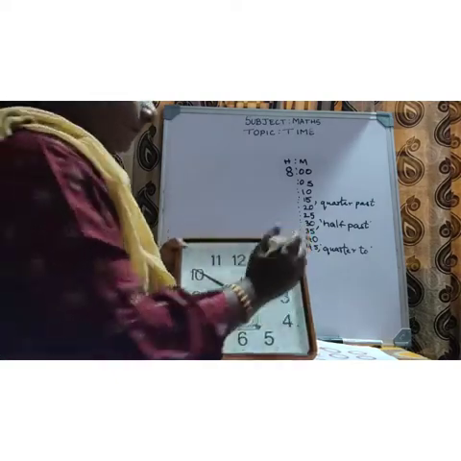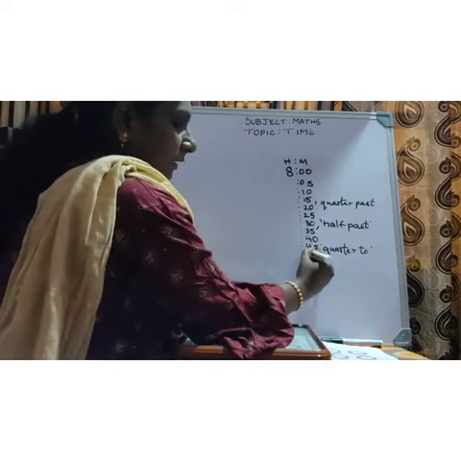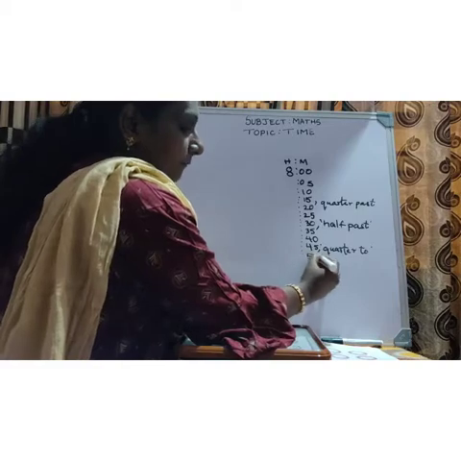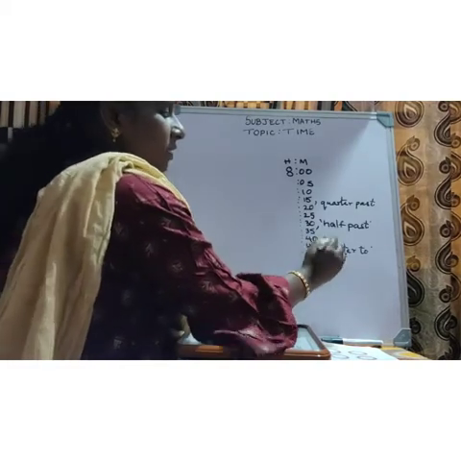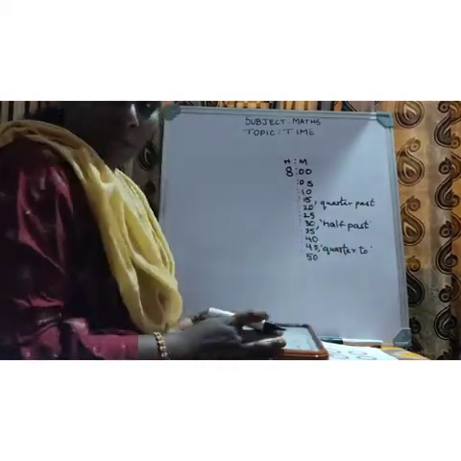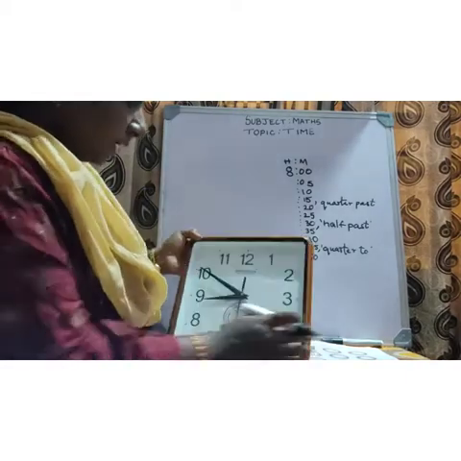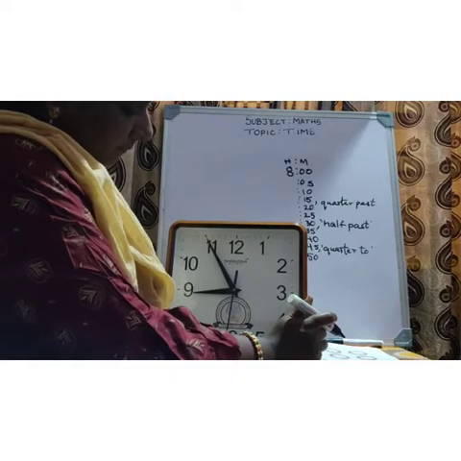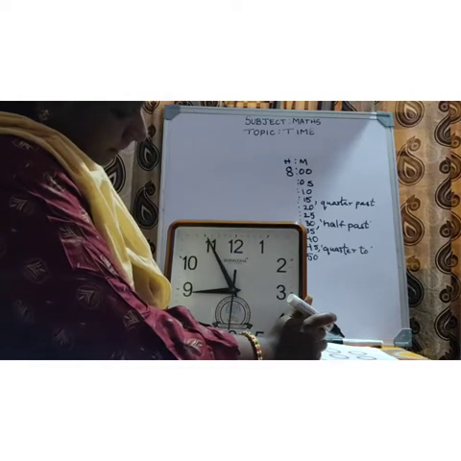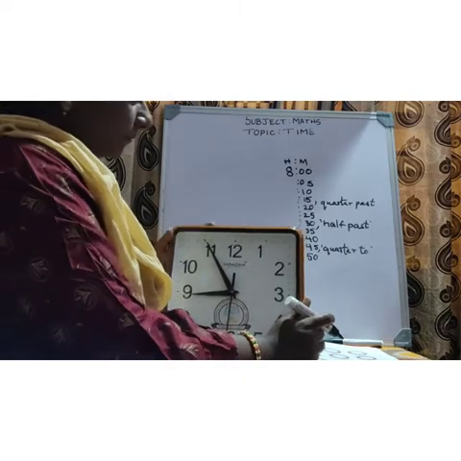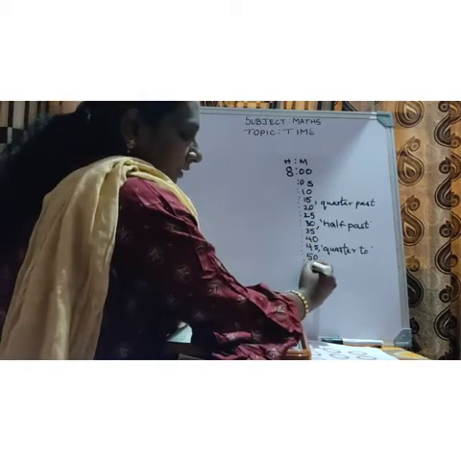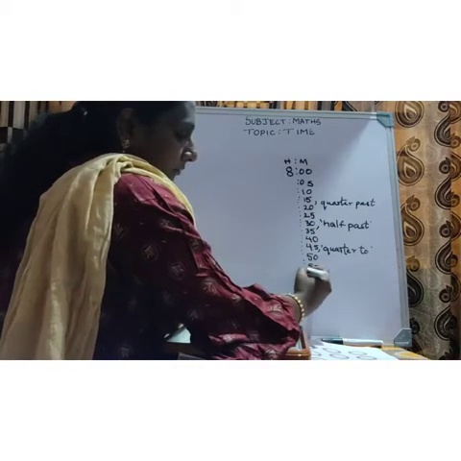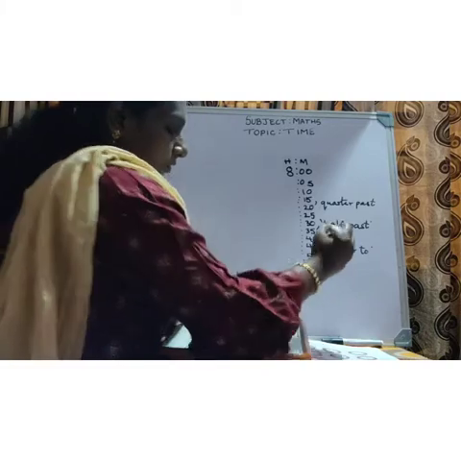10 5s are 50. So it is 50 minutes. Okay, understood children? If it is at 11, what is the time? 11 5s are 55. You just write it as 55 minutes. Okay. So next is,